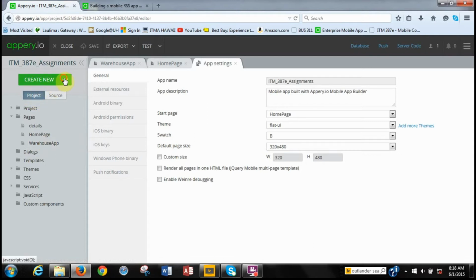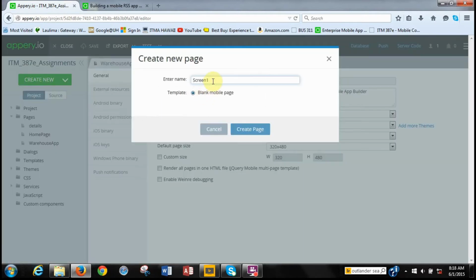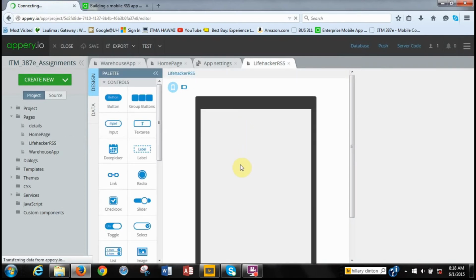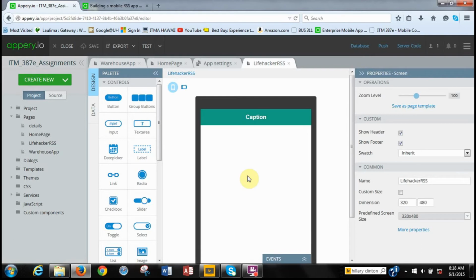So go to Create New Page, and I'm going to title it the name of this app, which is Lifehacker RSS. I'll click Create. And what I'll do is create the app first, and then save along the way, and then at the very end I'll link it back to the home page, and then we'll be able to test it that way. So, following the instructions,